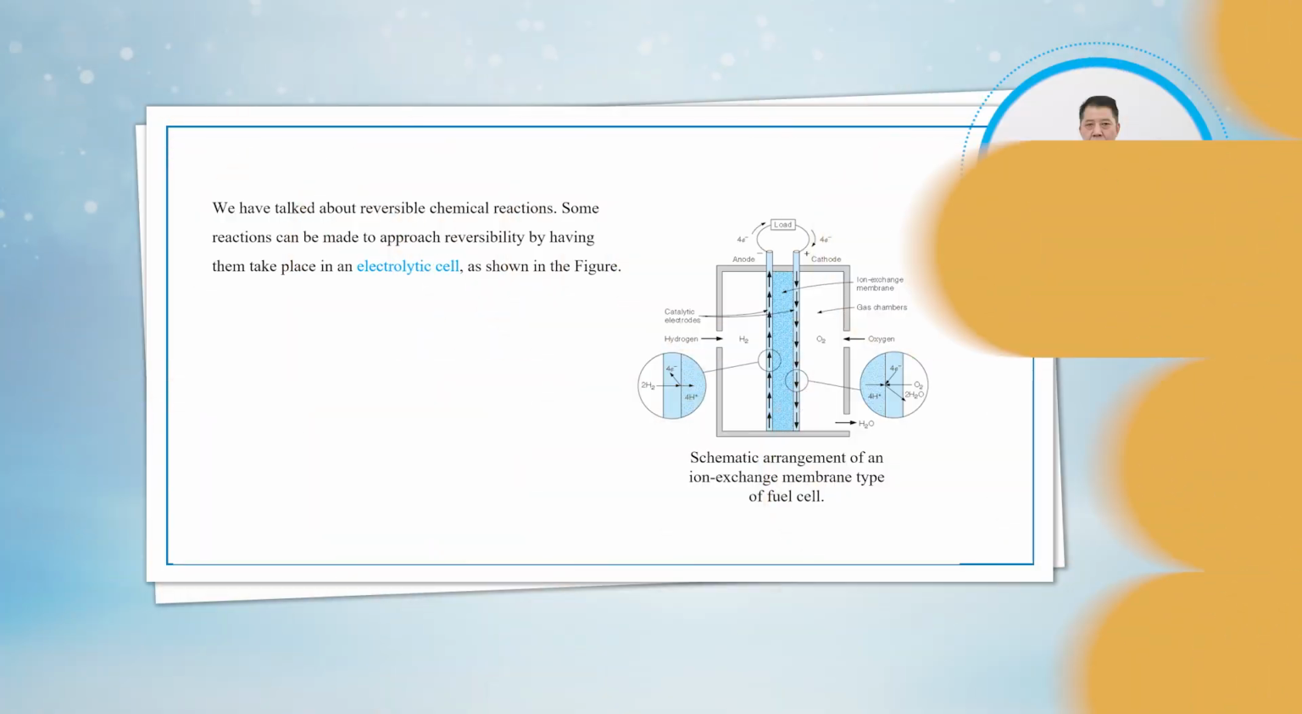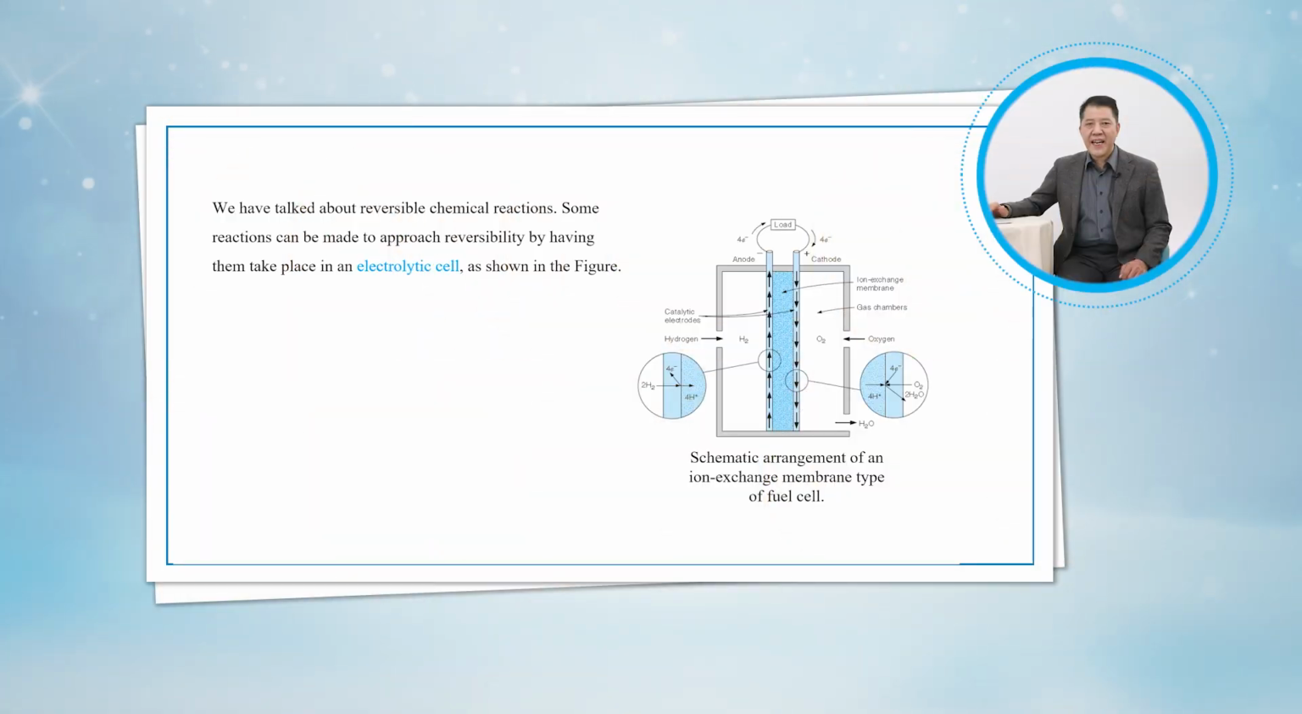The topic of this task is about the energy equation for fuel cell. We have talked about the reversible chemical reactions. Some reactions can be made to approach reversibility by having them taking place in an electrolytic cell, as is shown